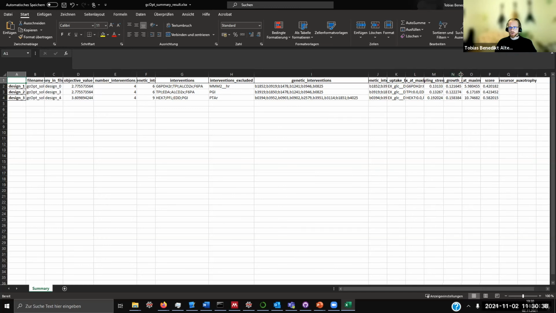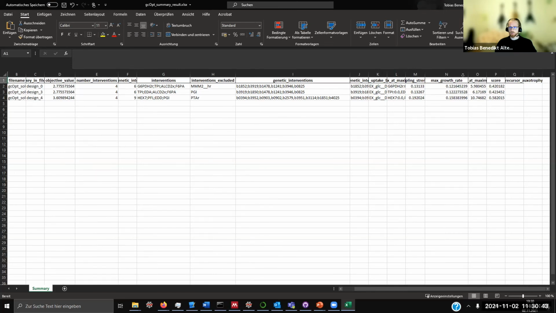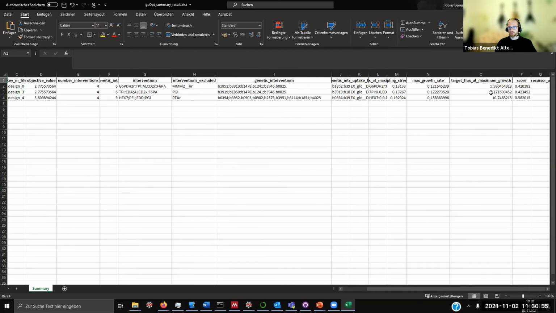Right. So another interesting thing is the maximum growth rate of the strain that is left after these interventions. And you also have, and this is a kind of measure for the growth coupling strength,